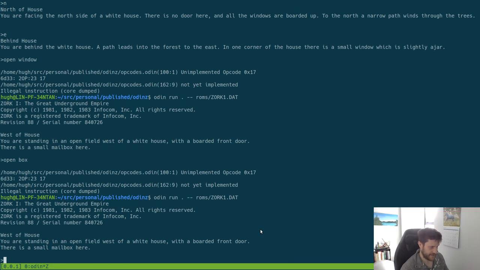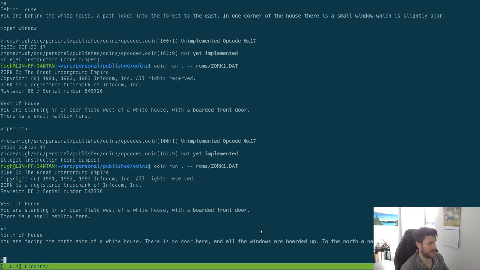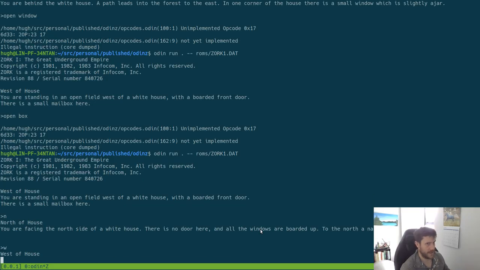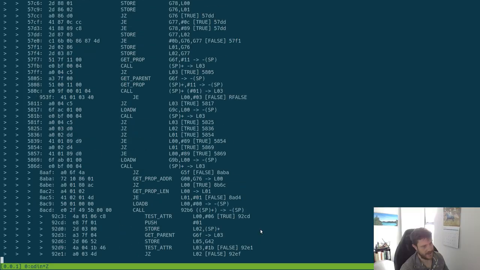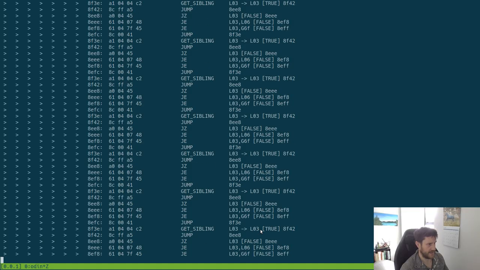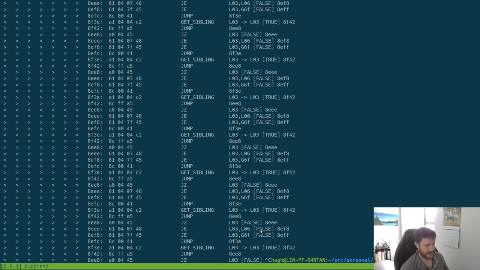One thing I did notice that was a bit concerning, that I'd probably want to visit sooner rather than later, aka now, is if we go north, then west again, it's kind of hung doing something. If we do a trace of the instructions, if we go north, then back west again, you can see it's doing something that looks kind of like an endless loop. And what it's doing is getting the sibling of L03,